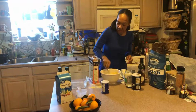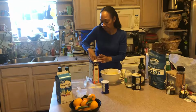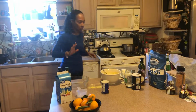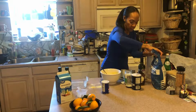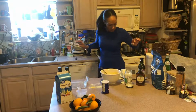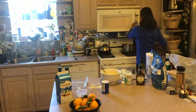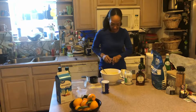Now this is mixing. Okay, so cornmeal is done. All right, let's put this over to the side. Cornmeal is done and the flour is done. Okay, we did the salt. And I have to move stuff out of the way because otherwise I will try to put more in. Okay, very good, very good. Okay, that makes sense. And I'm gonna mix that